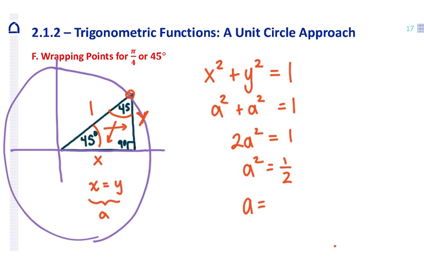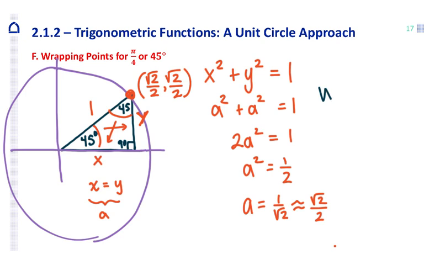In this case, because we're in quadrant 1, we're only going to take the positive value. So the square root of 1/2, you could write it as 1 over the square root of 2, but in math, that's considered improper. So you rationalize, and it becomes the square root of 2 over 2. Now, that's the value for a, which equals both x and y. So this special value is square root of 2 over 2 for the x, square root of 2 over 2